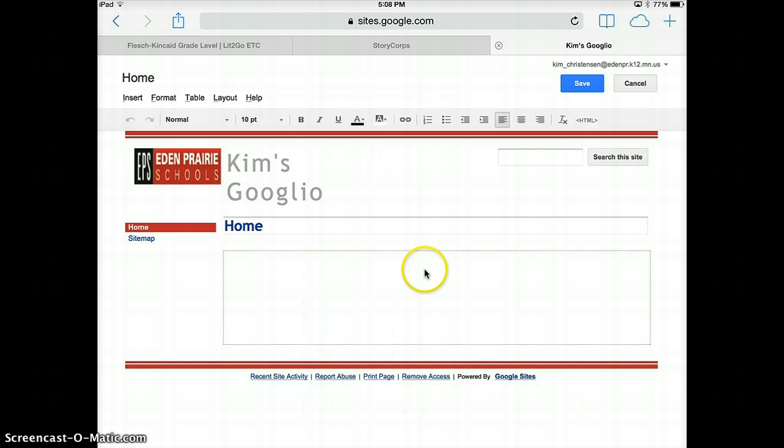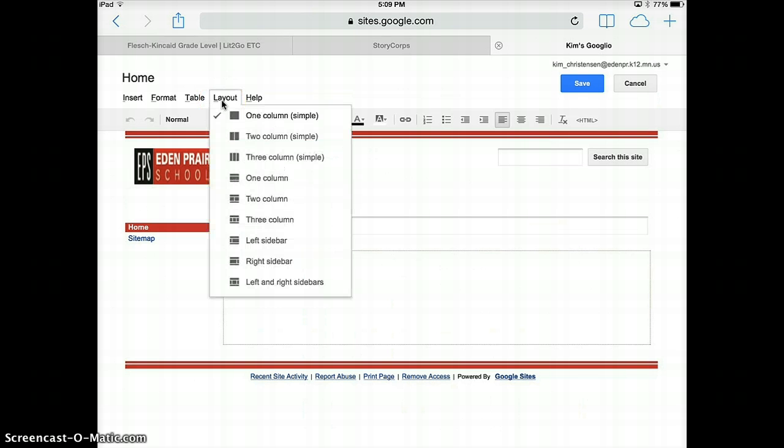On a welcome page, one of the main things is that you don't want your audience or your viewers to have to scroll at all. And one way to do that is to divide this big chunk right here into two parts. To do that, we go up to the layout, and we're going to select the two-column simple layout. Though as you become more and more versed in how to create these web pages, you can certainly play around with some of the other layouts. Select the two-column layout,